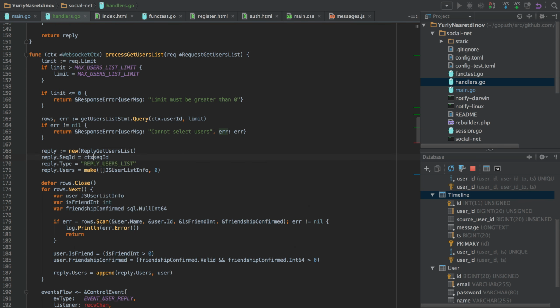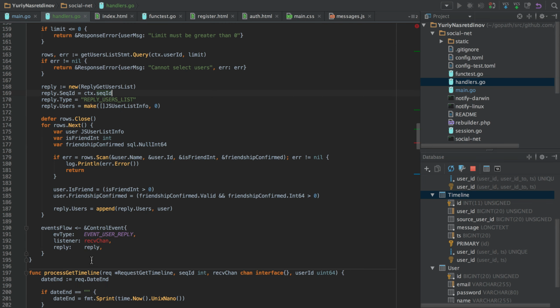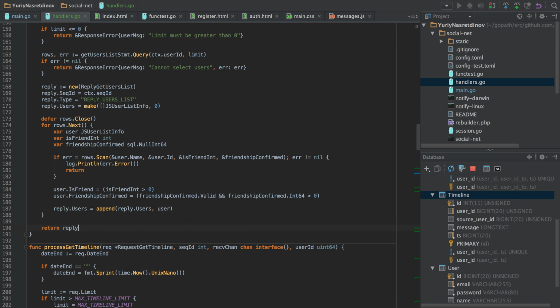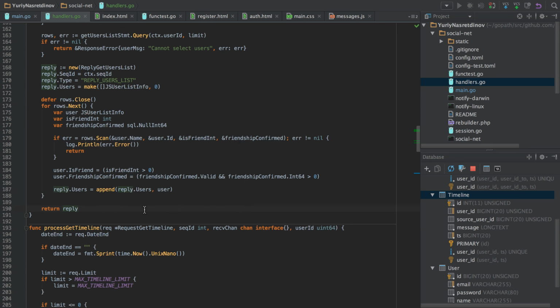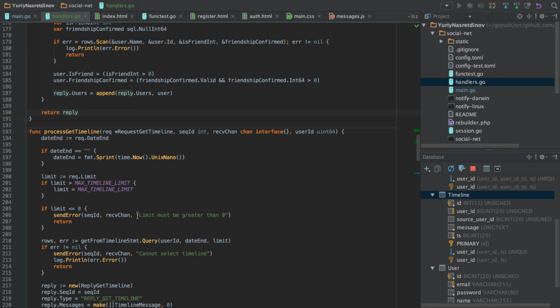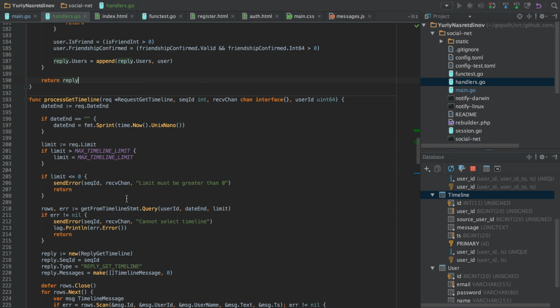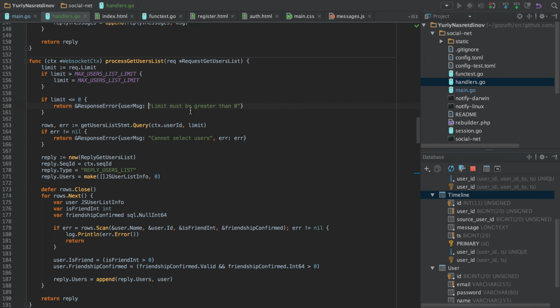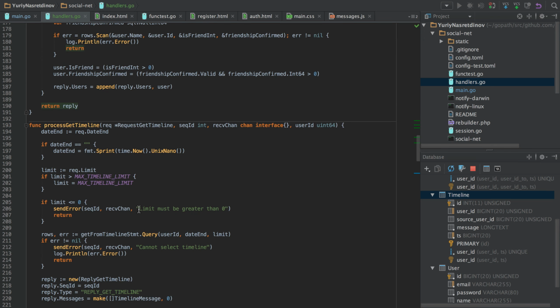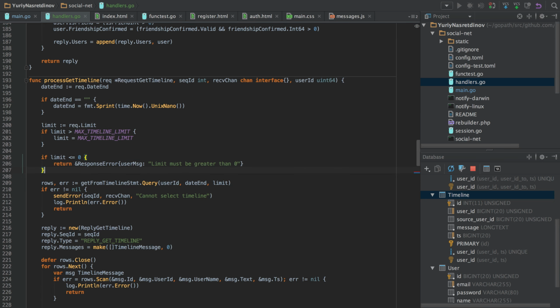So as you can see, the transformation of handlers is pretty simple, and it makes code much better. It is shorter and it is more robust this way, because it cannot miss a panic.